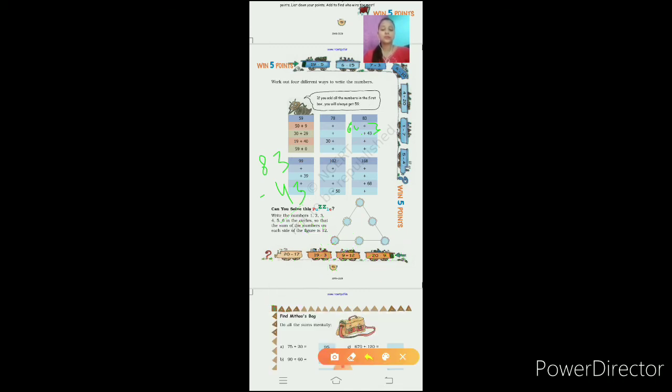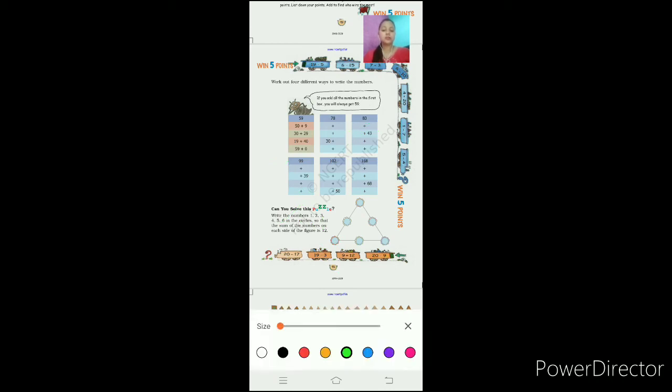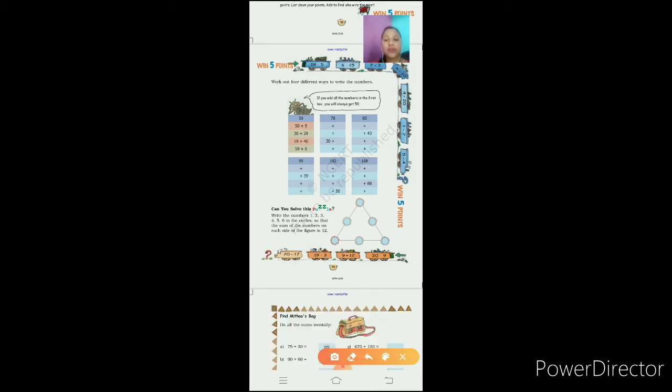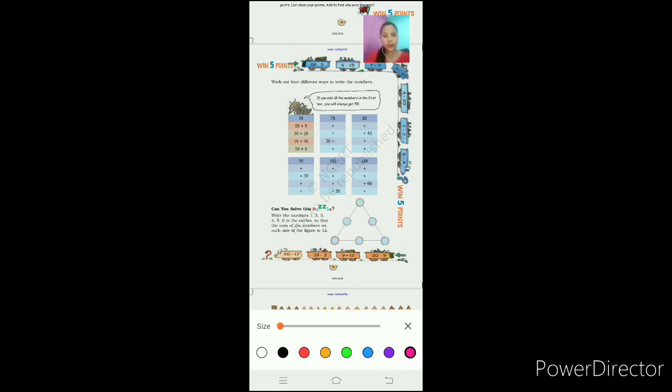Yes or no? Clear everyone? Okay, so by using different numbers you can find the combination of 83 as well as 99, 102, 168. It's very easy. Choose any one number, okay, and subtract it from 99, 102, 168, 83, okay, you will get the answer. So fill these answers here. For you I will do one question, and I think it's a little bit difficult for you, so I'll do it by myself.